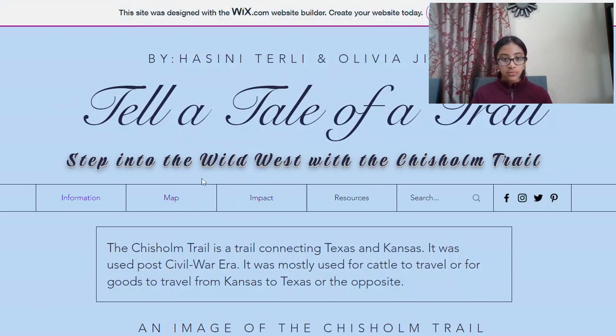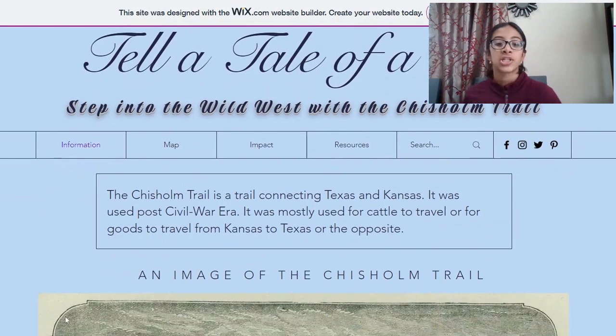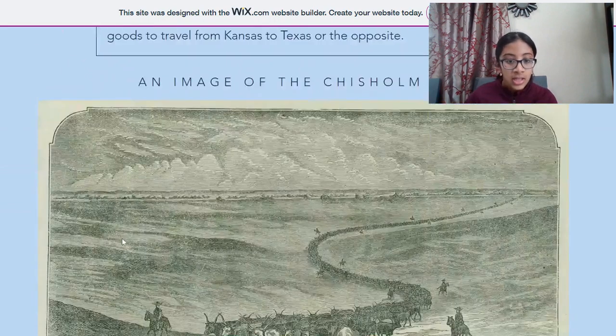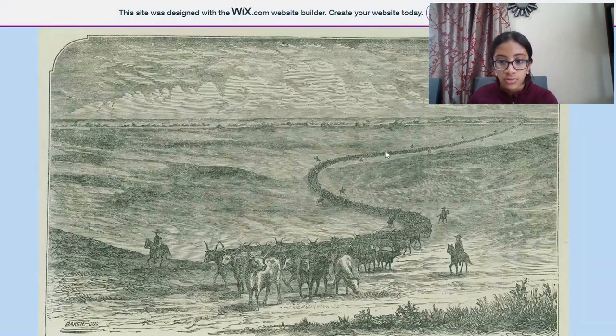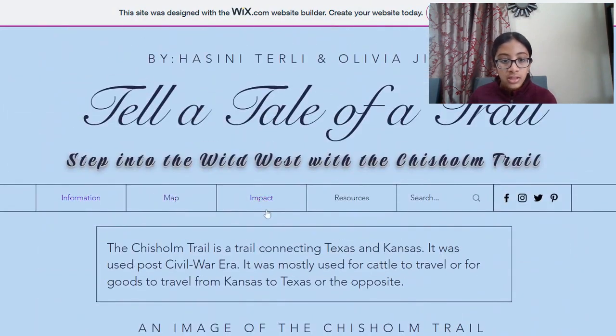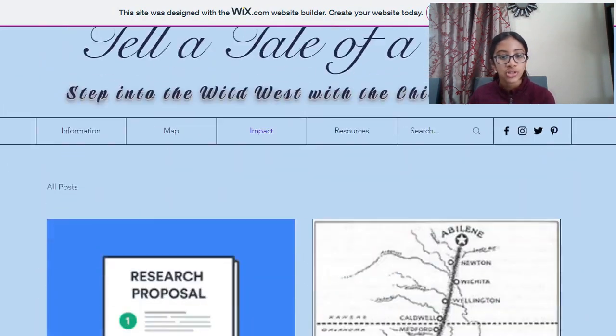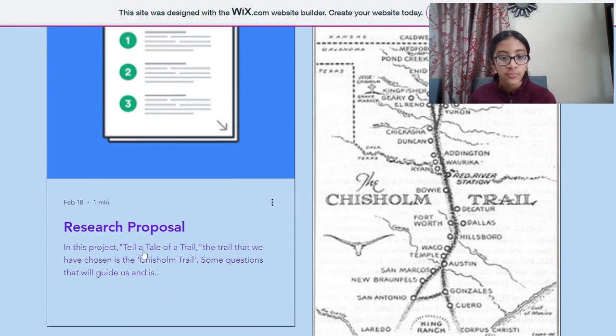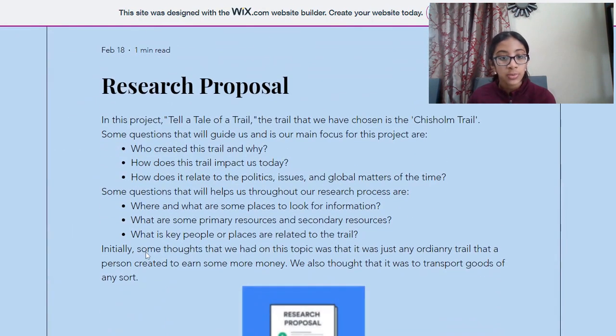To give you a quick summary, the Chisholm Trail is a trail connecting Texas and Kansas after the Civil War era, and it was used for cattle or for any goods to travel from Texas to Kansas or likewise. Here's a quick image of the Chisholm Trail, where a lot of cattle are being transported to Kansas by cowboys. So let me go ahead and show you my research proposal, which will help you understand what this